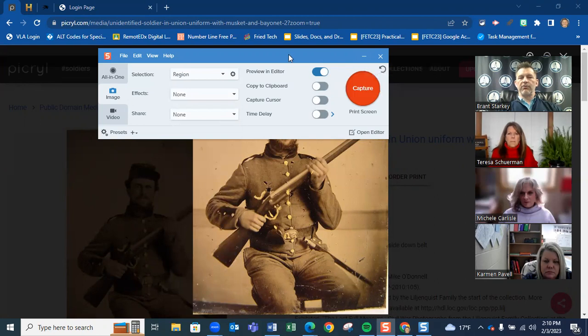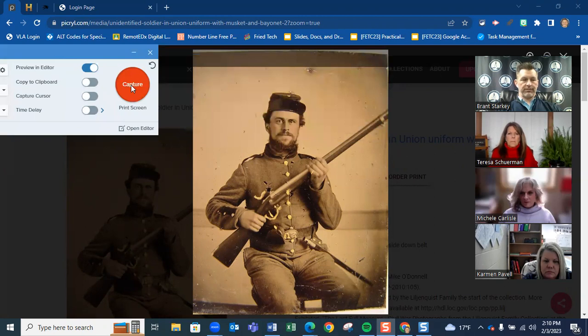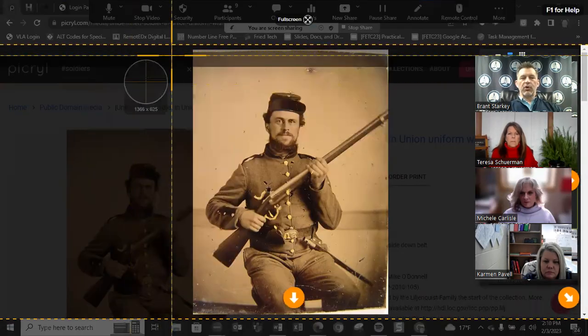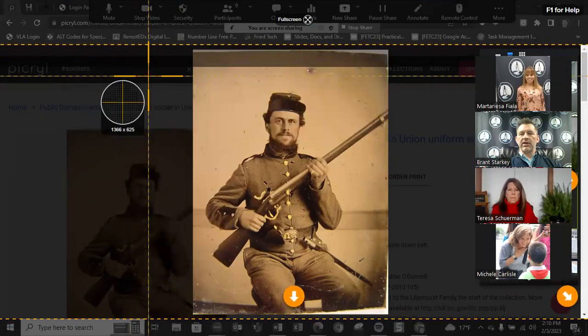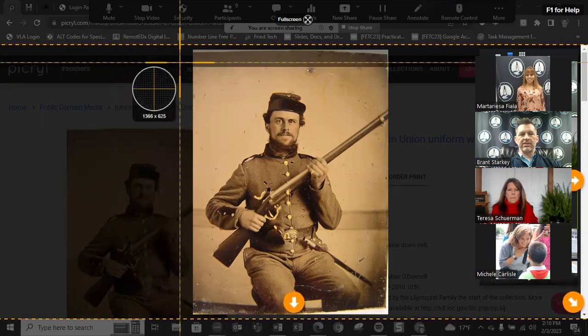So I'm going to move this back. I'm trying to move it this way. I'm going to go ahead and hit capture. And you're going to see some crosshairs come up. Now, if you look, there's a dotted line all around the screen. That's your capture area. But what I want to do is I want just this